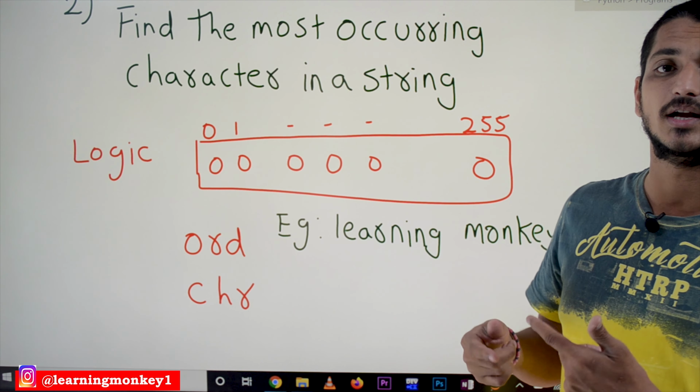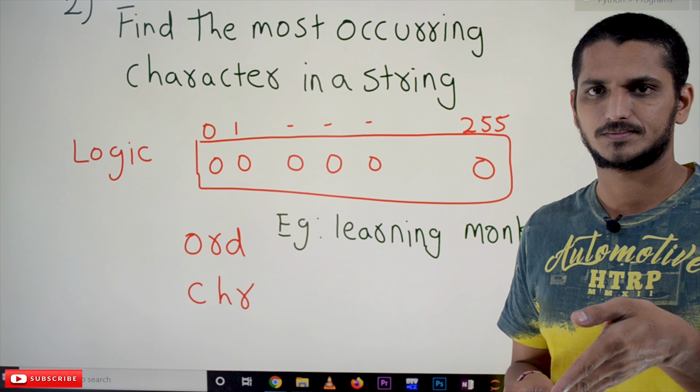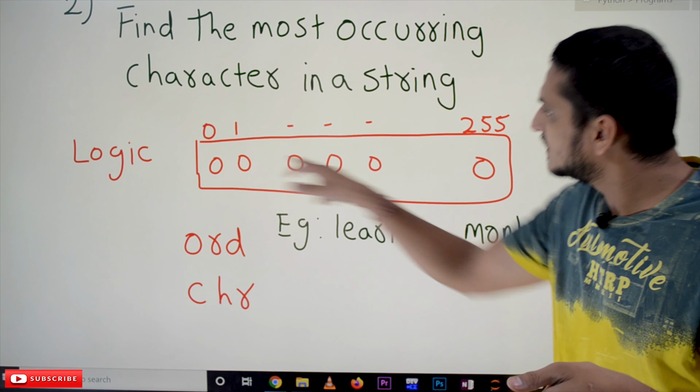If you take the ASCII value, we can update our count, and in the list initially the count of each character is 0. All zeros are considered here. So now we have to update the character count. How we are doing it is we take the string, take the character one by one, and we have to get the ASCII value of L. Assume that the ASCII value of L is 105. In the list at 105th position, we will increment the count. We will make it 1.